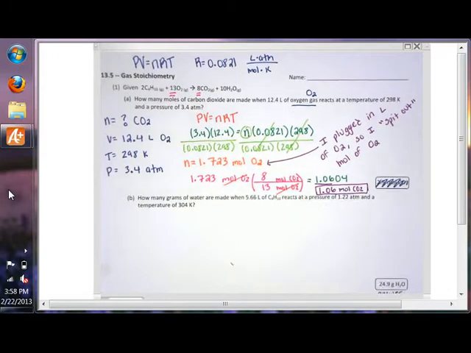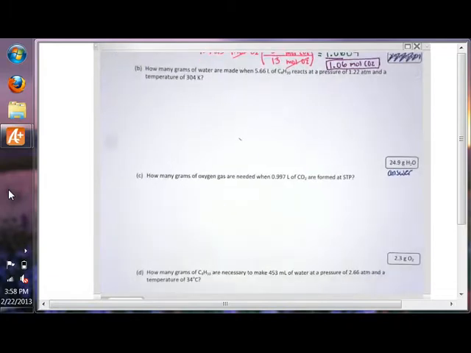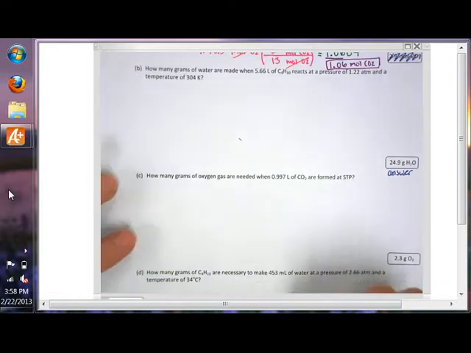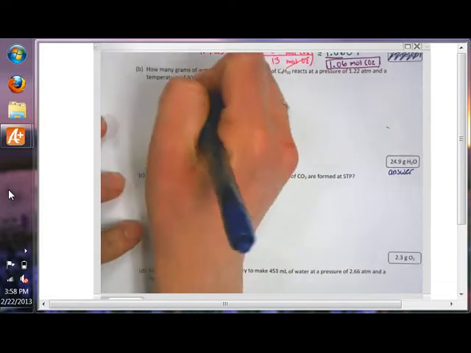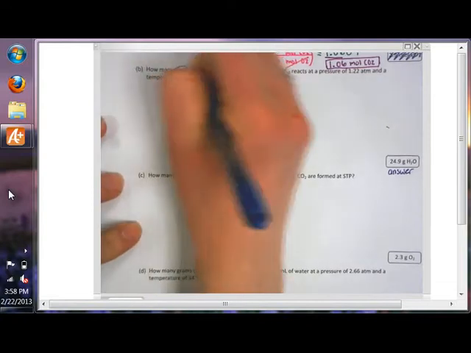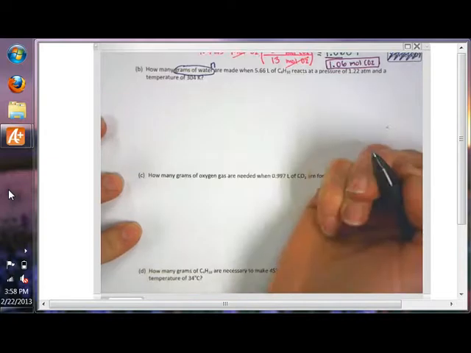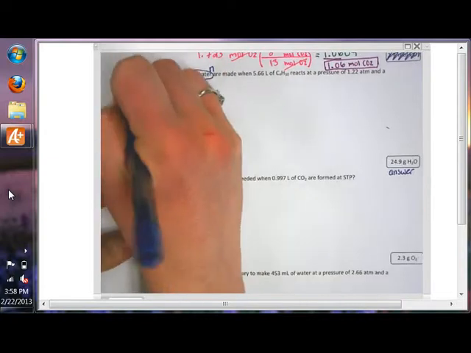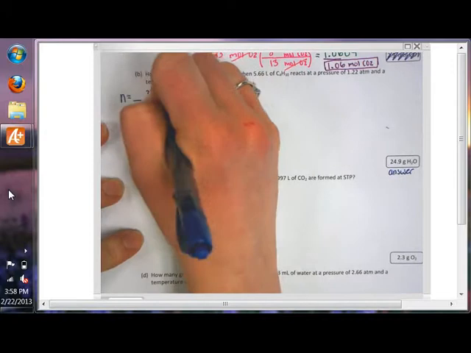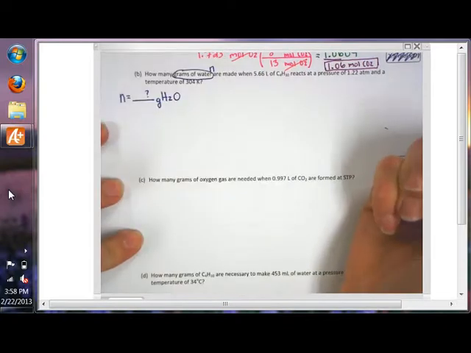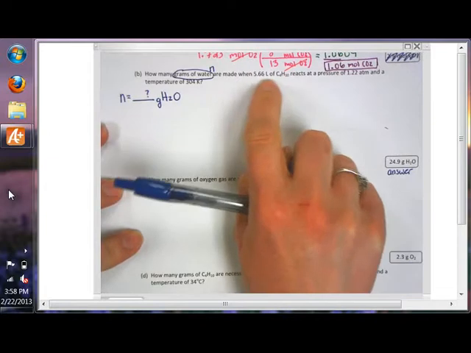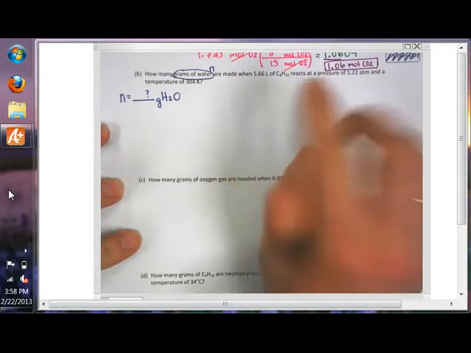So for B, it says how many grams of water. So they want grams of water, which is basically N. N equals, I don't know, but they want it of water. They want grams of water. Are made when 5.66 liters of C4H10, so that's volume. Volume equals 5.66 liters of